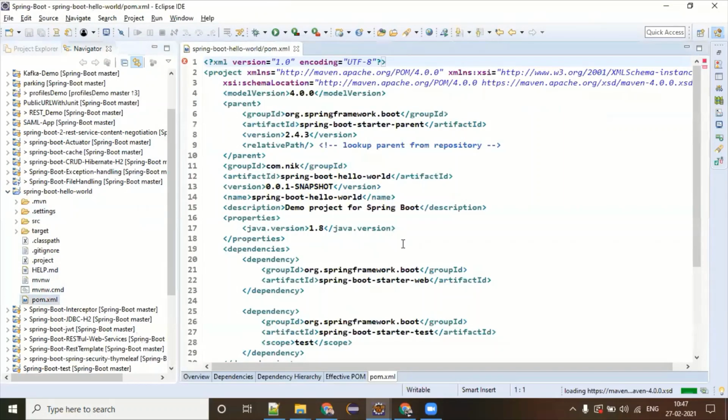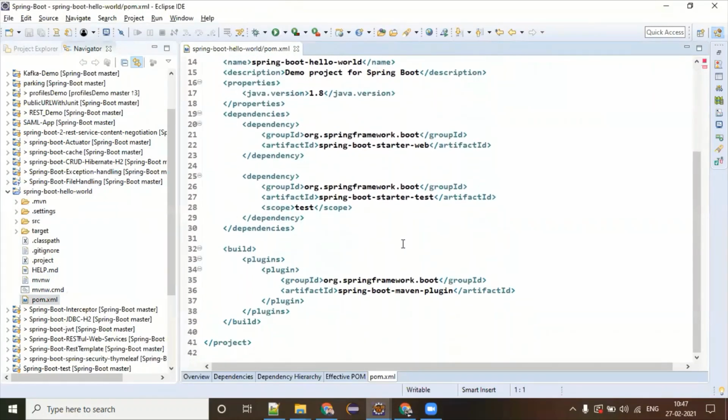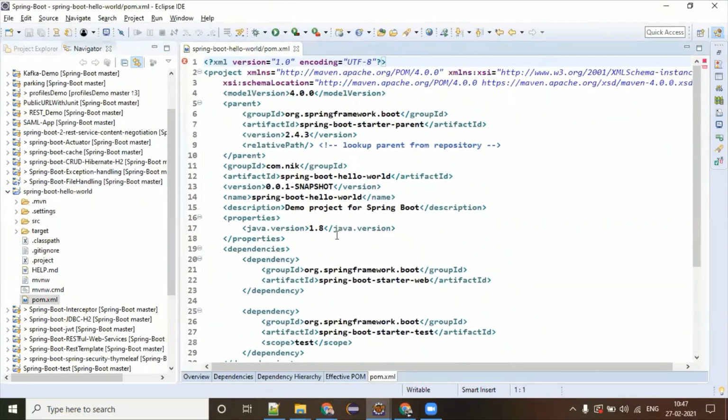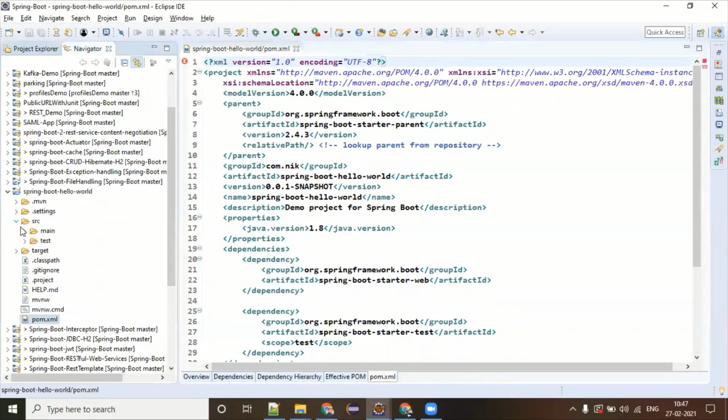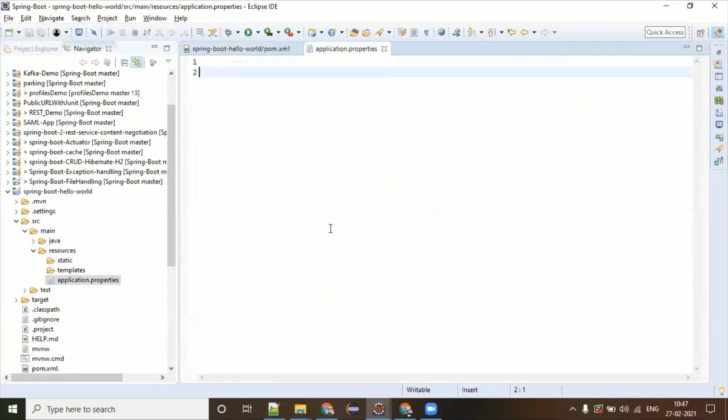But do not worry, this is almost the same. It is not going to have anything additional. Whatever we have talked about so far is valid on this also. The only thing I'm surprised by is that the application.properties file is empty. And this is empty because the default port is 8080.